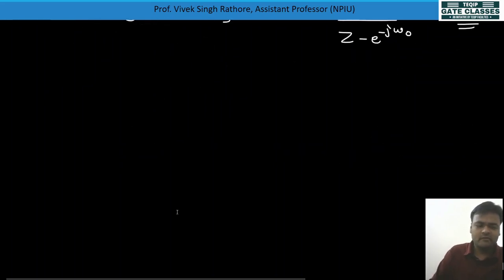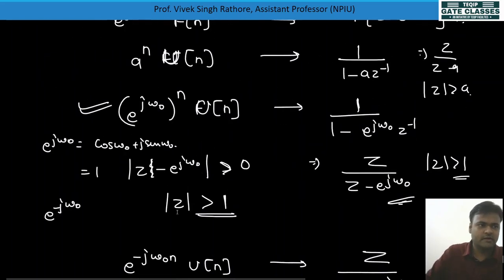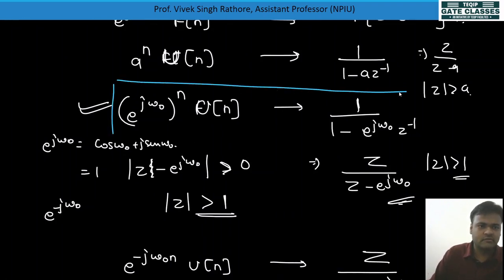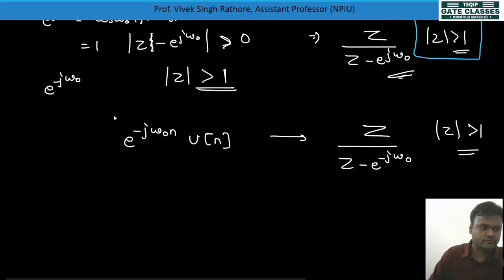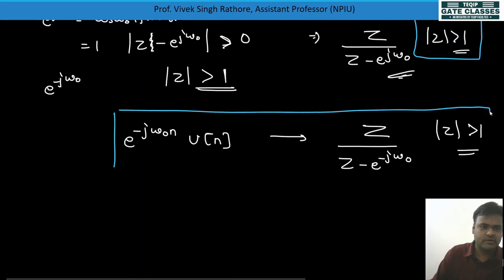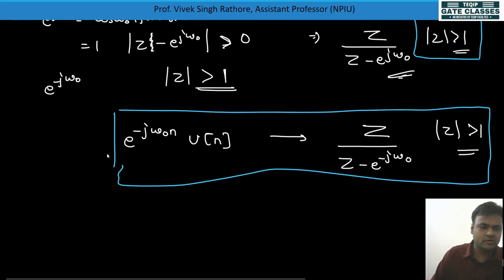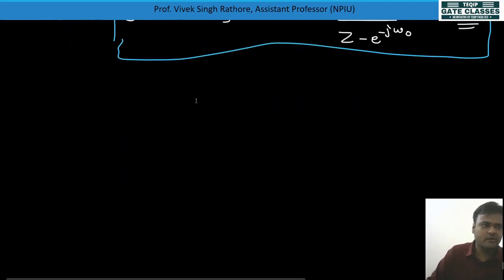Now see, if we multiply these two, I'll highlight this point. This is worth remembering. Okay, so this portion, and here we can say e to the power minus j omega 0, and this one is also worth remembering. Because from here we'll get some more things, like e to the power j omega 0 n,